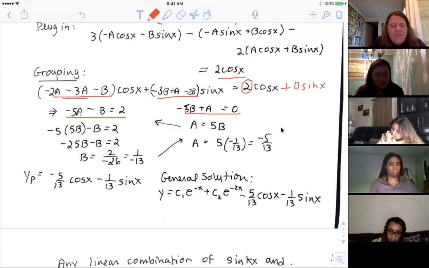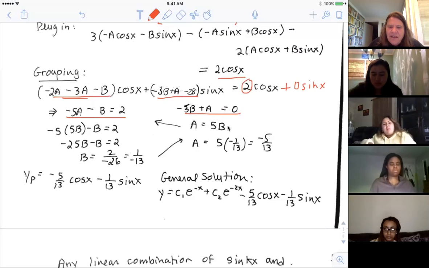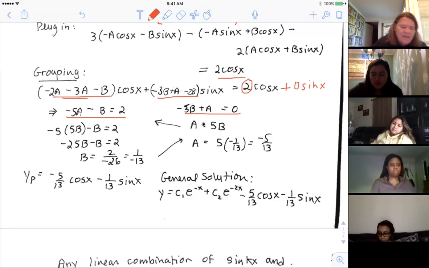Start with the second one. Now, how you do this is totally up to you. I have 2 equations in 2 variables here. I briefly considered lining them up under each other and doing elimination. That's fine. I really don't care. But this one's so easy because it's set equal to 0 that I just moved the 5b over here and found out that a was 5b, and then I plugged it into that one. Okay, so I'm using substitution. You can use elimination if you want to. Either way you can get that system solved.